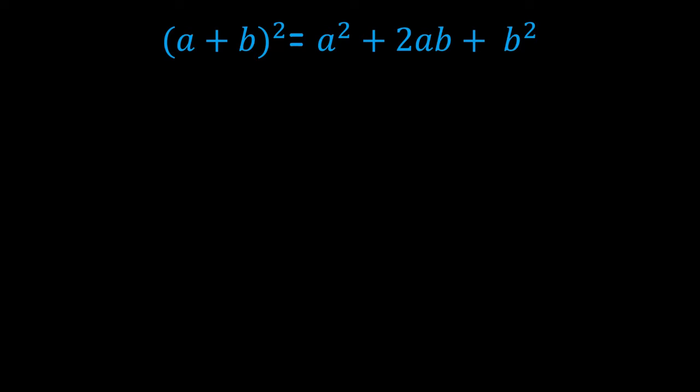Before we move ahead, you should know two formulas of finding areas of two different quadrilaterals. The first one is square, whose formula of area is side square, and the second one is a rectangle, whose formula for area is length into breadth. So now let's start. Let us take a line L of any random length, and then take a random point or an arbitrary point on it, which clearly divides the line segment into two parts of length a and b respectively. Now let us make a square using the same line segment.